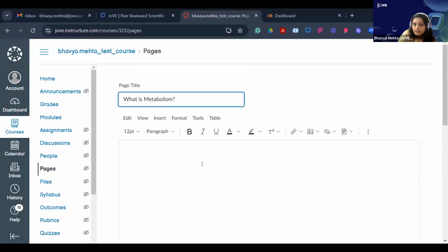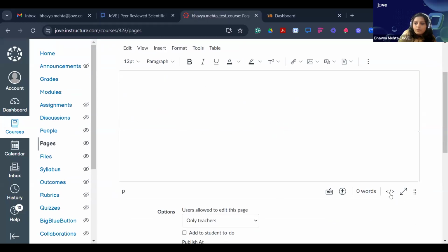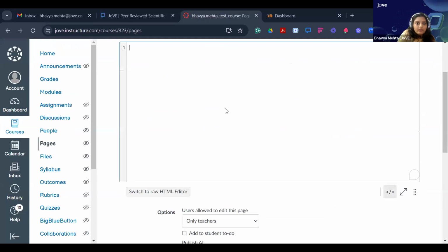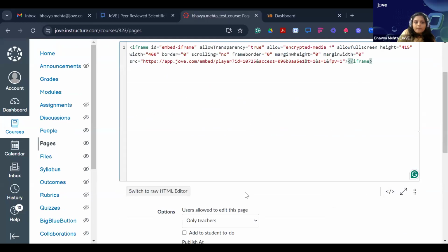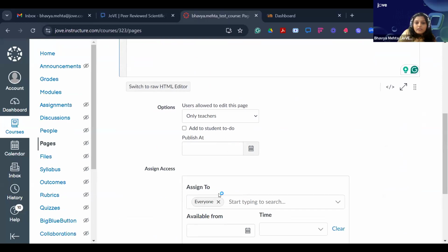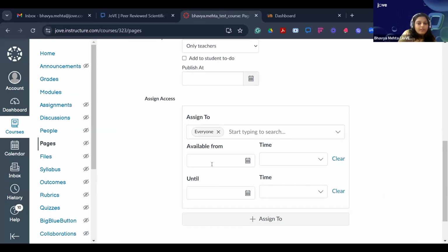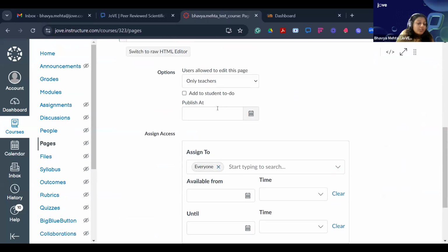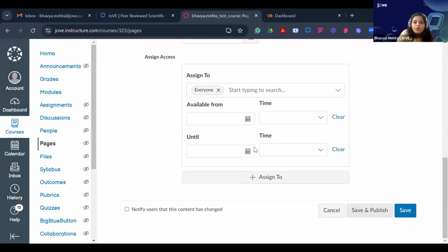After you have added the title onto Canvas, all you have to do is click on the HTML editor sign and paste this code. You can change the access as you want. If you want it to be available to your students for a particular amount of time, or published at a particular date, you can change that. Once you're done, all you have to do is save and publish this,